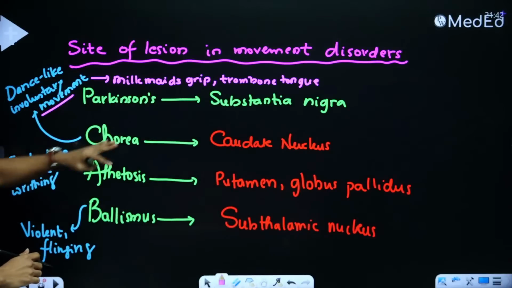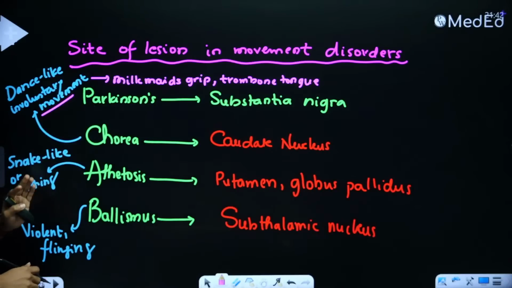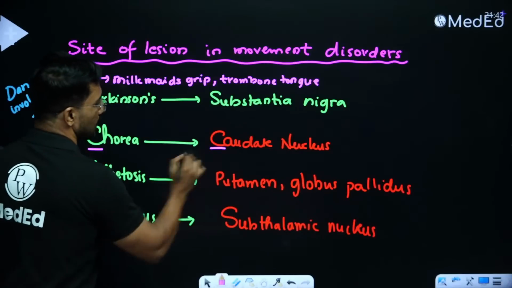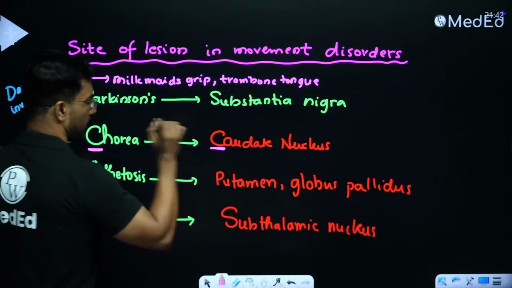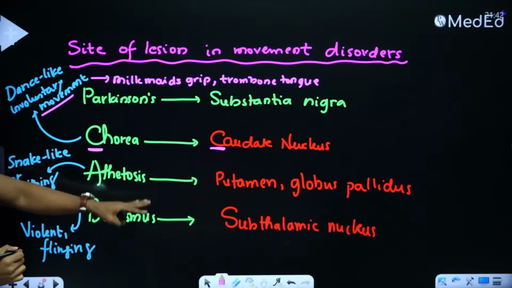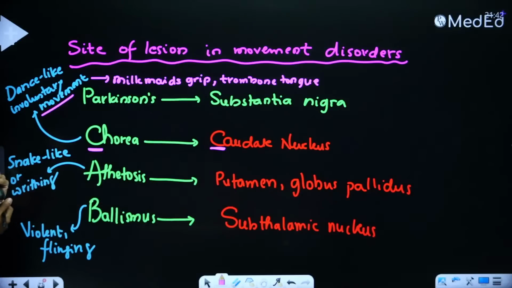Okay. Now how do I remember these sites? Parkinson's, all of you know. Caudate for chorea is easy to remember. C for C. Chorea, caudate. Okay. Now, what if I get confused between athetosis and ballismus? No, you will not get confused. Why? I want you to remember